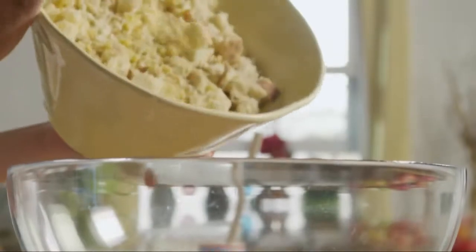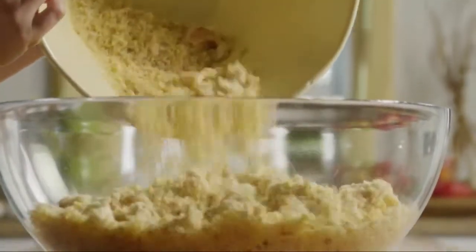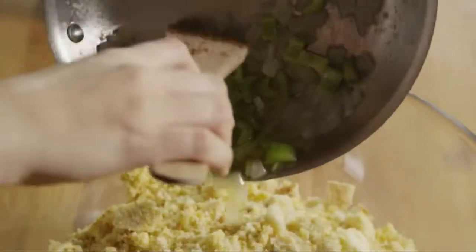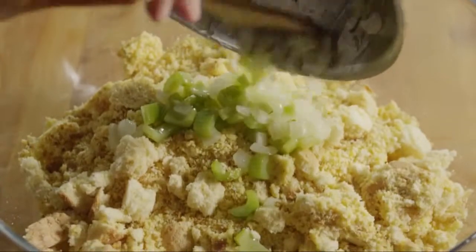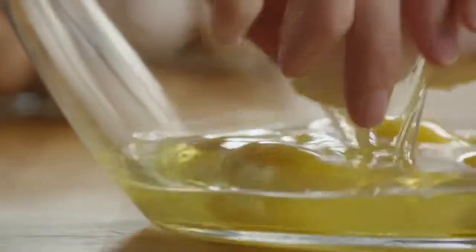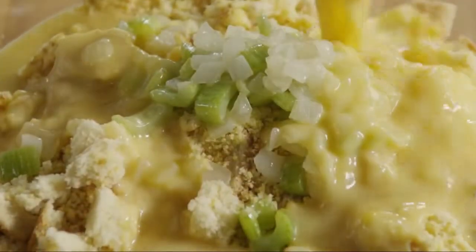Now, in your largest mixing bowl, add the bread mixture. Then the onions, celery, and margarine. Crack 6 eggs into a medium bowl and beat them lightly. Add the beaten eggs to the dressing. Add the shredded chicken,